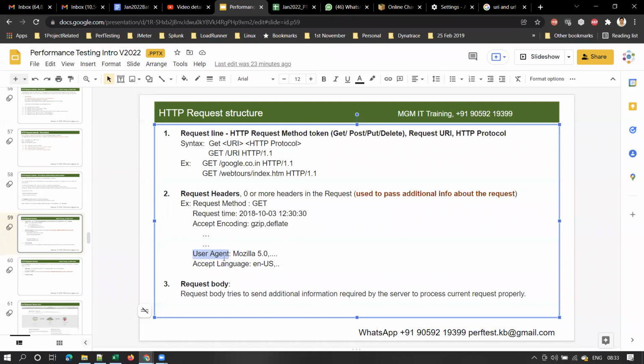What is this user agent and why is it called a user agent? To communicate with the server, when you type gmail.com, you have to communicate with the Gmail server. You are using a browser as an agent. That's why all these browsers are called user agents. User means you and me. User agent means nothing but your browser, whatever browser you are using to communicate with the server. Is it clear, guys, what this term user agent is?